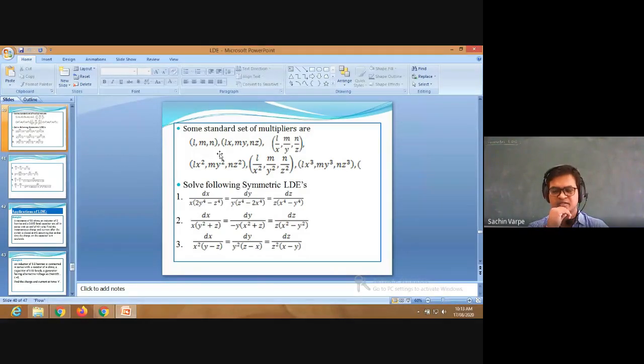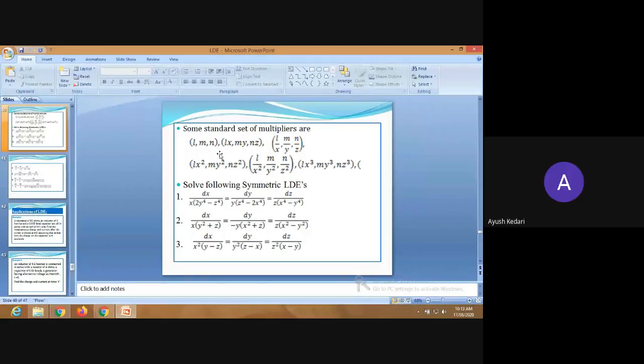I think we have discussed the first example. Did we discuss it? Please check. Do we have discussed the first? No. So take the first example. Solve dx. We took the third one. Okay, the third we have solved. It was sort of because the square terms were not there. Okay, only y minus z, z minus x, and x minus y, right? Yeah. Anyways, we'll solve that also. So let us solve one by one.